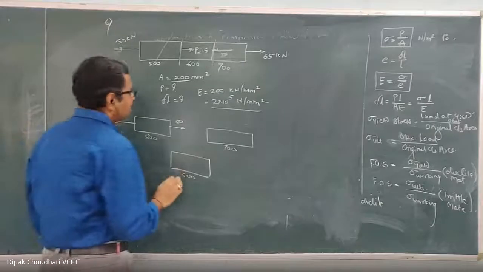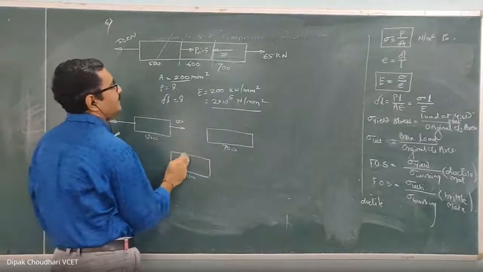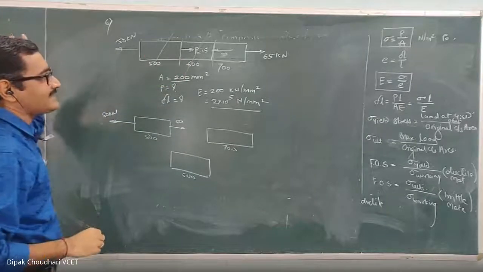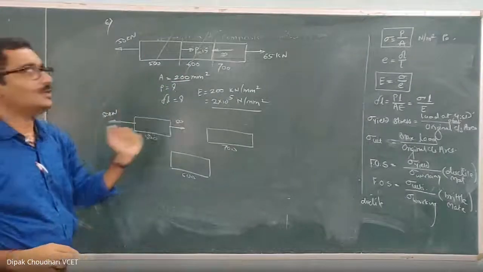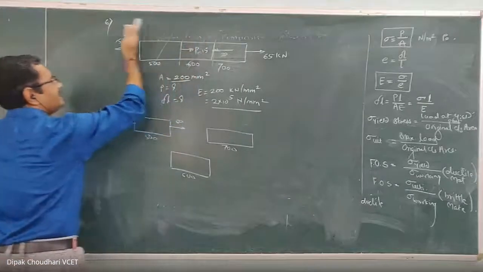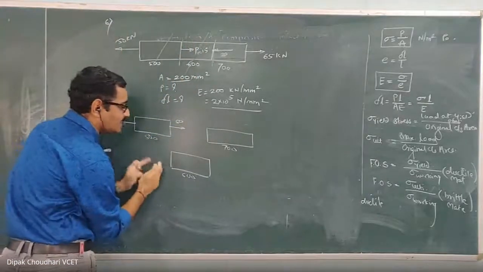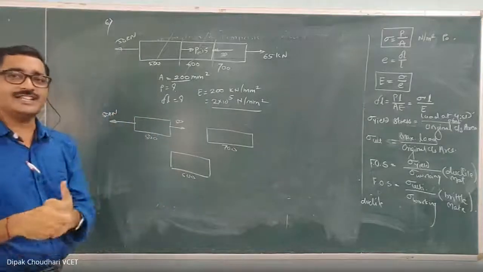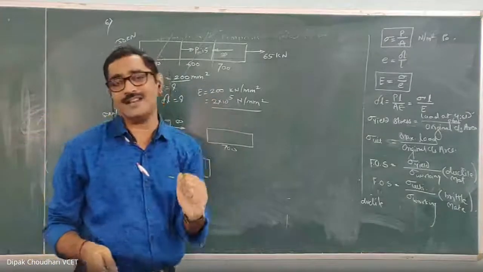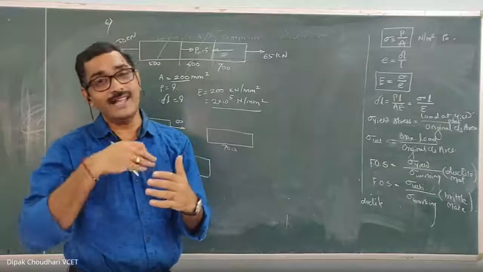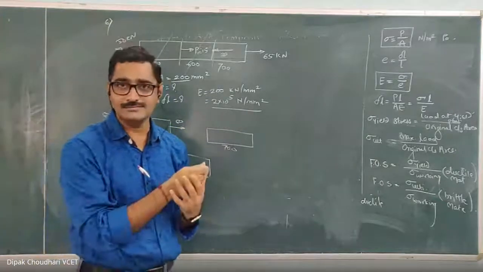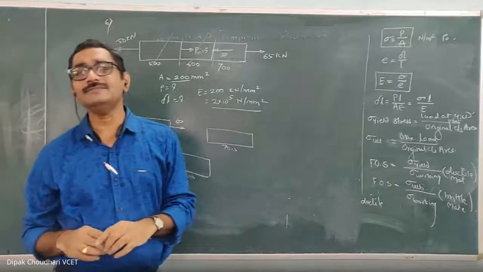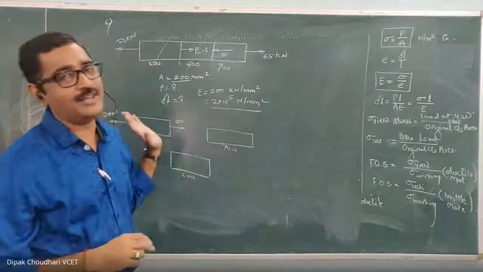Then to find the axial force in the second part, consider an imaginary section through the second part and take the algebraic summation of all forces on any one side, either left or right. If I take the algebraic summation of the left hand side, now we are calculating the axial forces. So while taking the summation, you have to use the sign convention for axial forces, which is tensile positive, compressive negative. Don't use the sign convention for the condition of equilibrium to calculate the axial force.